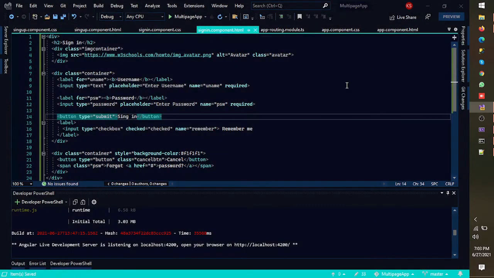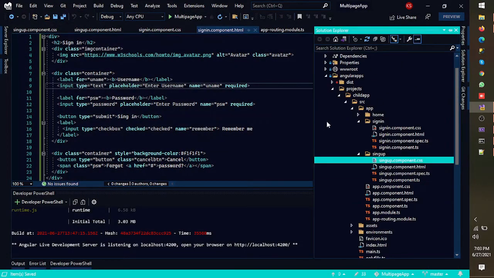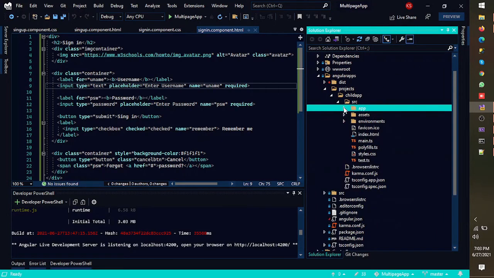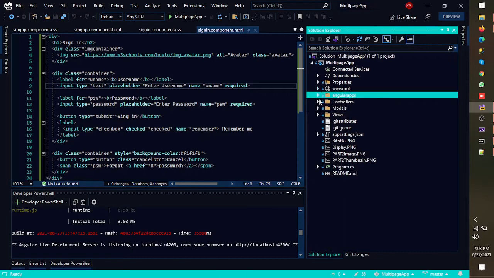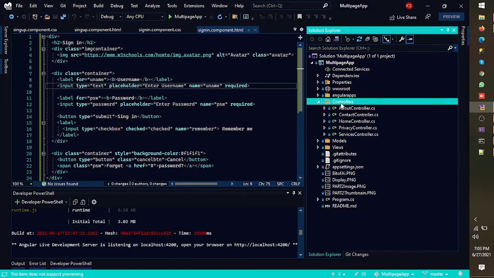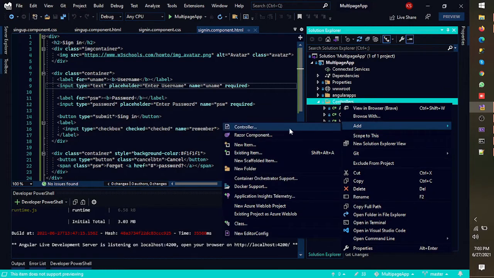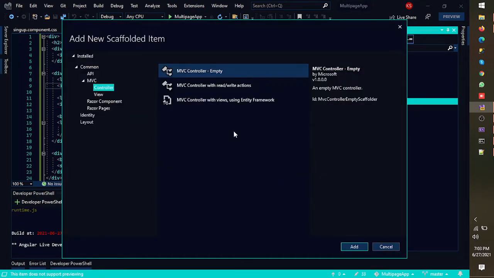Home page is also ready. Our Angular application is ready. So let's jump into the server side section and let's integrate it with our MVC website. I'm just closing it here in this section. First of all, I would need a controller for Angular app, MVC controller. So let's add that. Add a controller with the name.